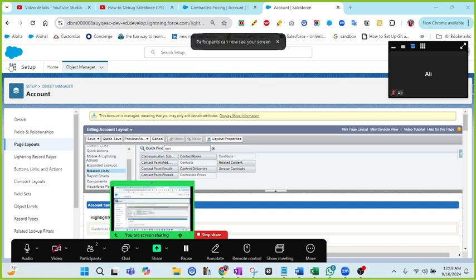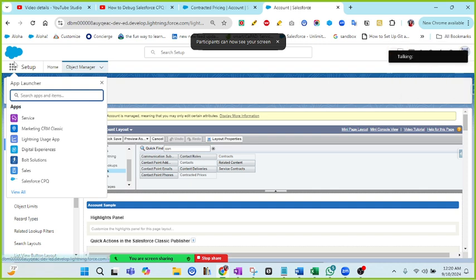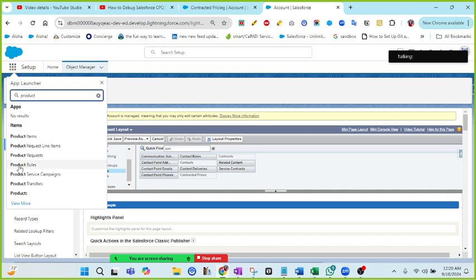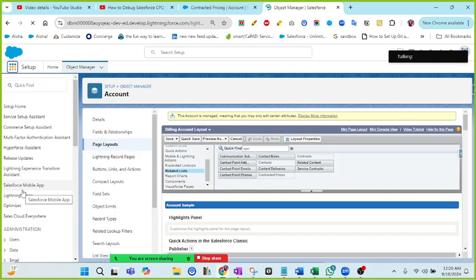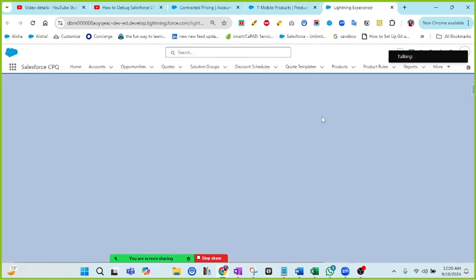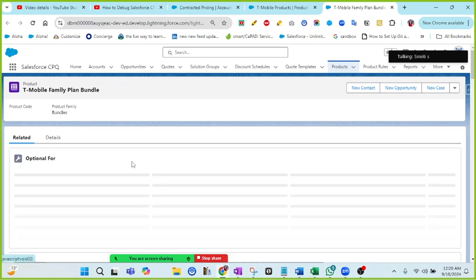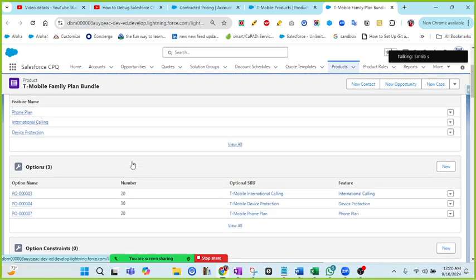So one of the things we can discuss is, like you were saying, that you were not getting how the nested bundle works. So let's say we have T-Mobile products, okay? And let's go to the family plan bundle. So the family plan bundle is having